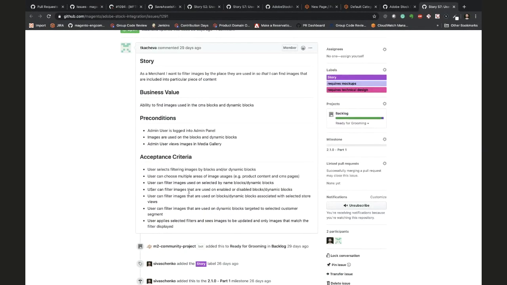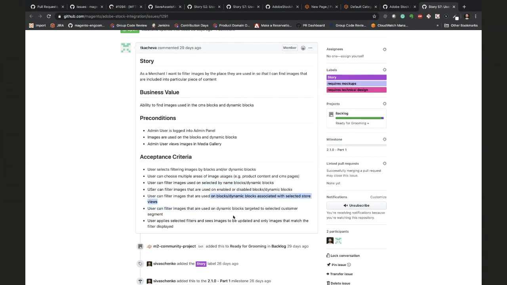From the acceptance criteria, we can see that the user should be able to filter by the entity type of the CMS, like block, dynamic block, page, and so on, but also by a lot of their attributes, like enabled, disabled, name,